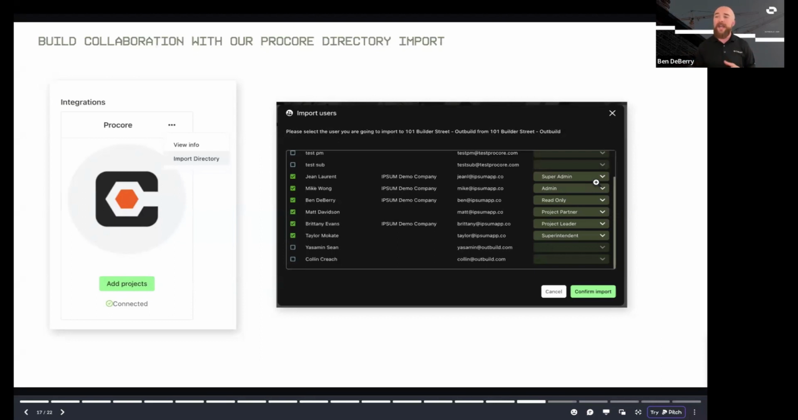We've always allowed you to have unlimited users on all of your projects, but we want to make that process as simple for you as possible. So we have added the ability to integrate your directory from Procore into Outbuild. In this current iteration,